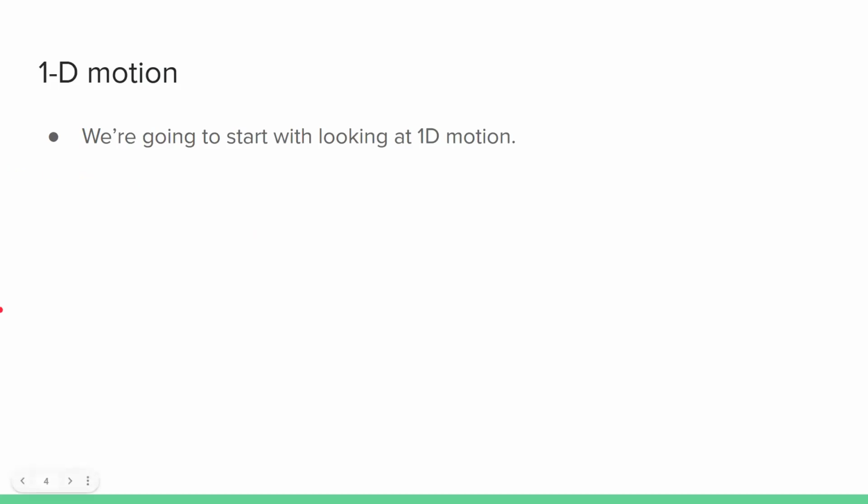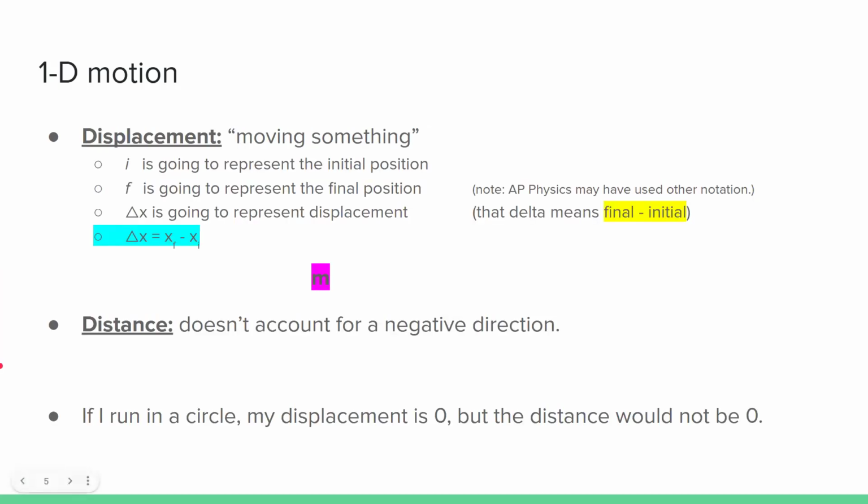We're going to start talking about one-dimensional motion. Obviously, in the real world, we have three-dimensional motion. If you just hold out your hand, you can move your hand to the left or right, up or down, forward and back. Those are three different directions. But right now, we're really just going to talk about one direction, just on one plane, basically, if you want to think about it like that.